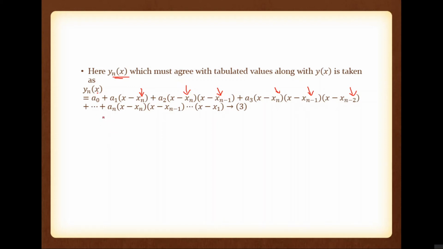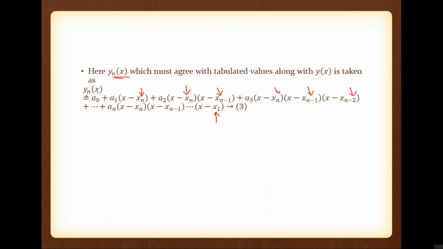Associated with an, we have the last n data. Please note, we have a total of n plus 1 data. So the last n data means all except the first data: x minus last data into x minus second last data, etc., into x minus the nth last data. What is the nth last data? That is x1. x0 is not there, so we are not considering x0. Except x0, we consider all other terms in the last element. This is the main difference.